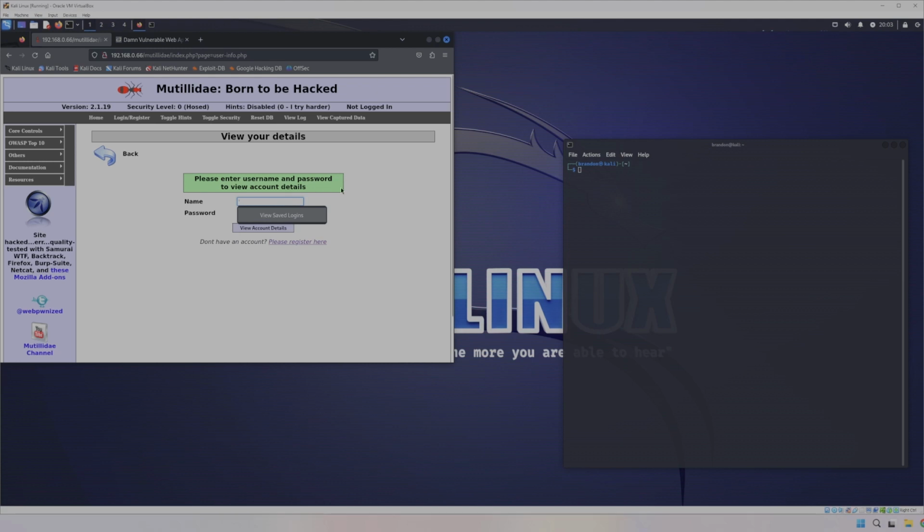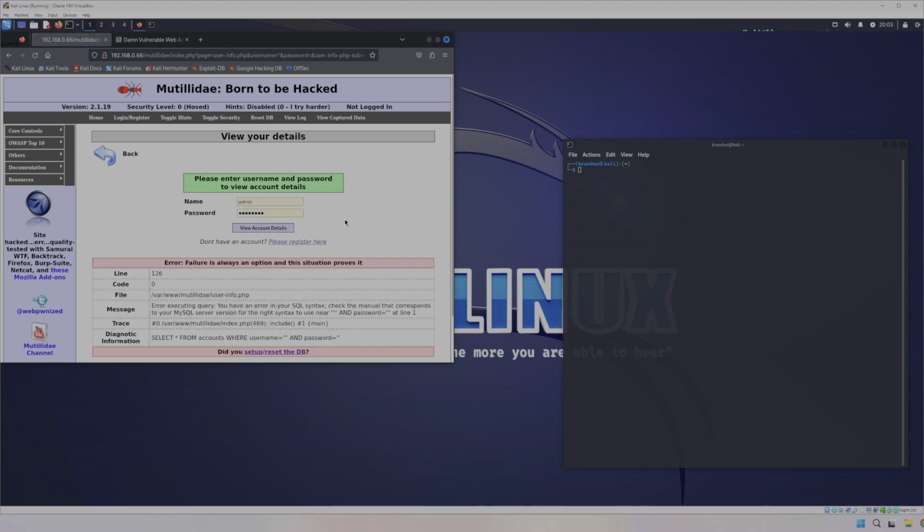So we're going to do a tick in view account details, and that's going to show that there's a failure in the SQL command, and that tells us right here that this tick is going in here, and I have an SQL syntax error. Because I have an SQL syntax error, that means that this input is being directly put into the SQL. So I can do this in the first part, and the second part,